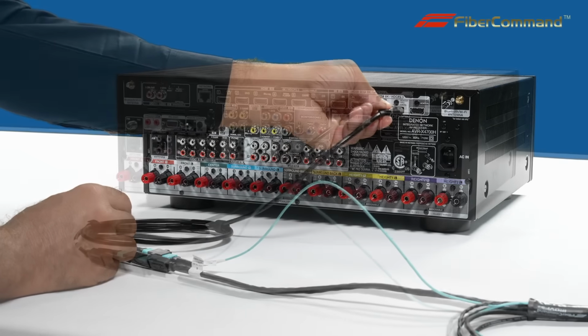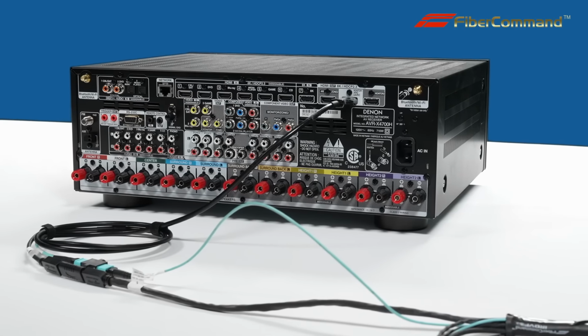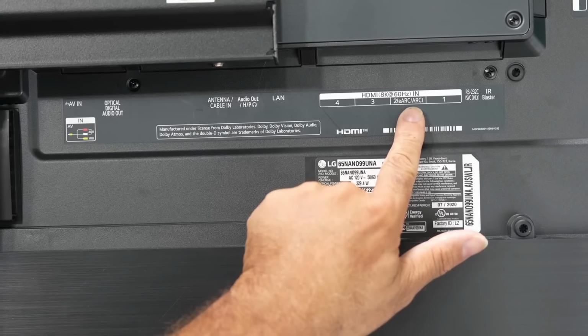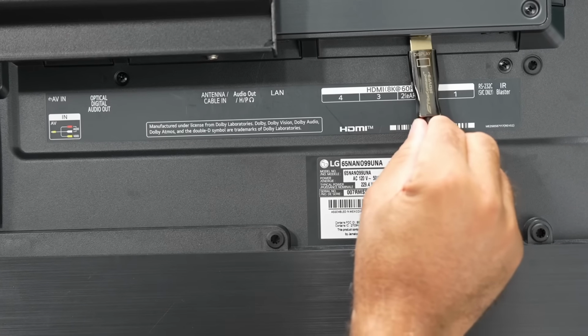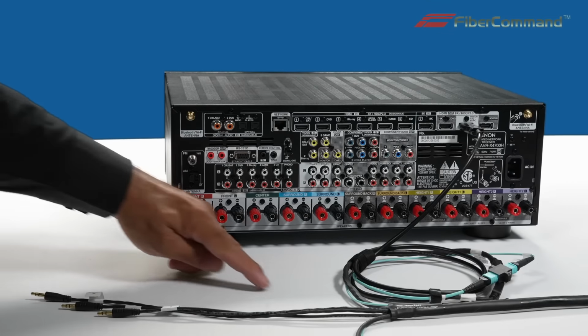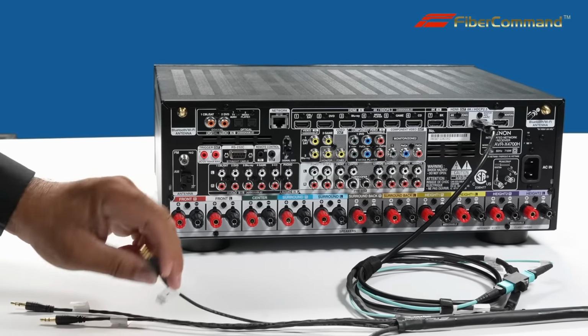For example, let's connect this 8K AV receiver HDMI eARC output with our HDMI source plug. On the other side of the cable, we will connect our display plug to the TV HDMI eARC input. The Fibercommand Pro also comes with 3 digital link plugs, which are very important for many sound and control applications